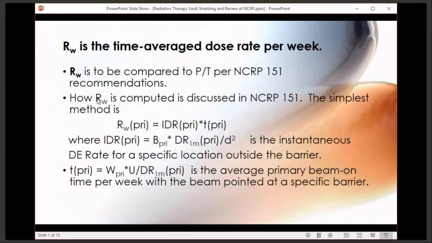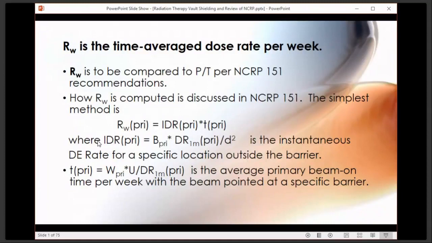RW is computed, it's discussed in NCRP 151, but the simplest method I use is to calculate it using the instantaneous dose rate on the other side of the barrier with the shielding in place, times the time the beam is pointed toward that barrier per week. And that would give you what's called RW for a primary barrier in this